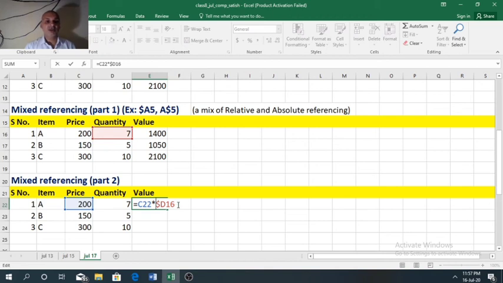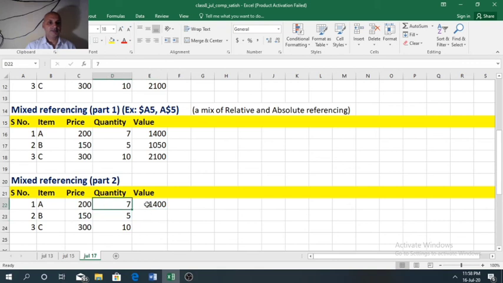So when we copy this formula to other cells, D16 will change to D17, then D18. So here C22 into D16. To see the value, D16 it is taking from here, the 7 value.